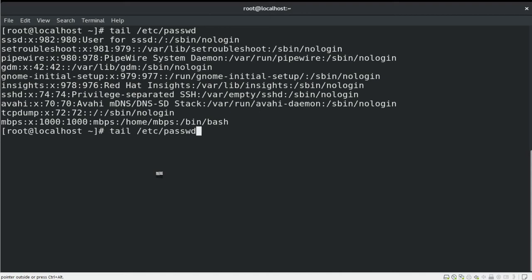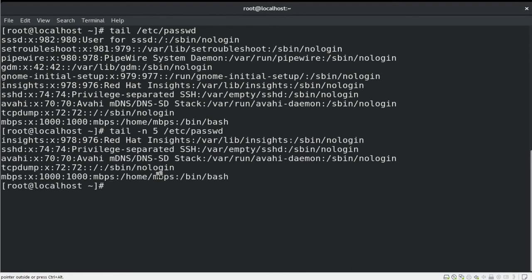Similar to head, you could use -n along with your command and the number of lines, and it will only show you the last appropriate lines. For example, tail -n 5 will only show me the last 5 lines from the same file.